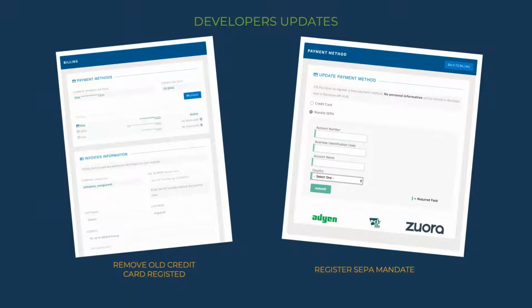So if you don't want to share your credit card anymore, you can now use this alternative way. Additionally, you can now delete any other registered payment methods that are no longer used. So for example, if you switch to the SEPA mandate, you can remove your registered credit card from the hub.